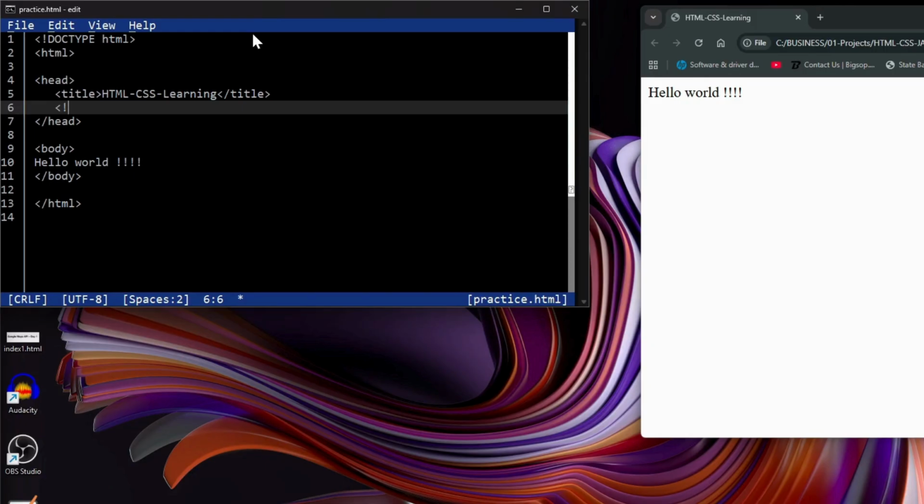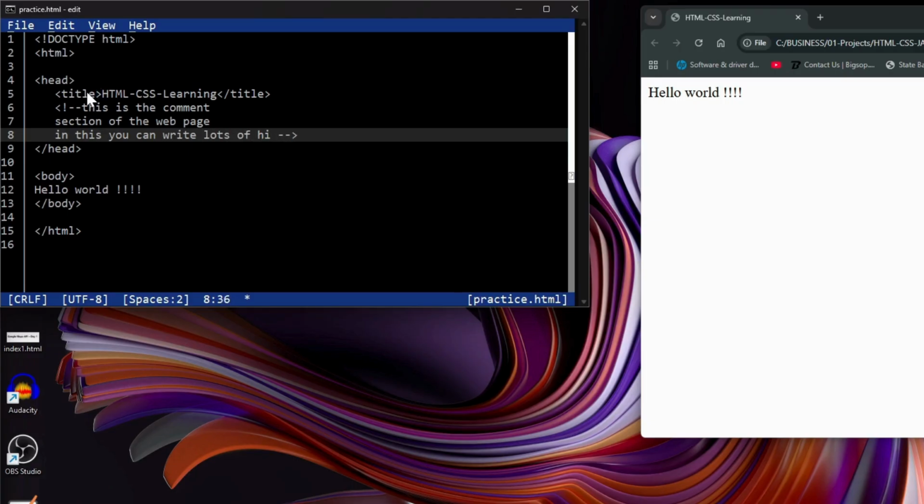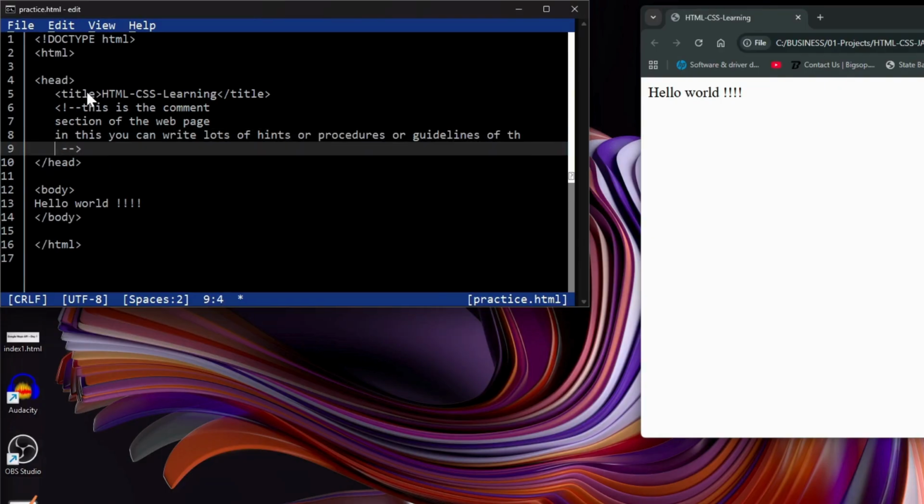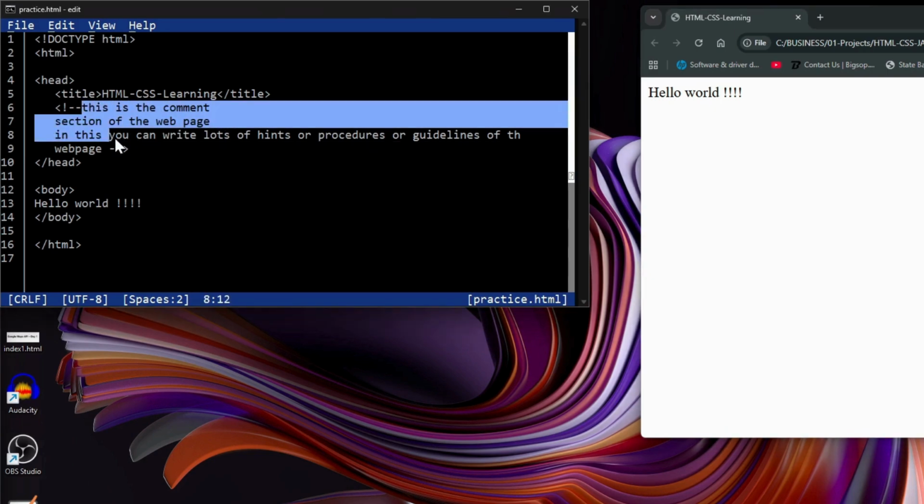For a comment, you have to use this. Whatever you write within this will not be displayed there. You see here, this is lots of hints or procedures or guidelines, whatever it is, of the web page. See, this much I have written, I saved it. You see, it will not display here. So whatever you write here, this is a hint page. So I'm writing here